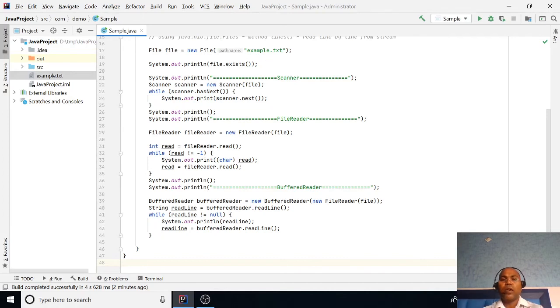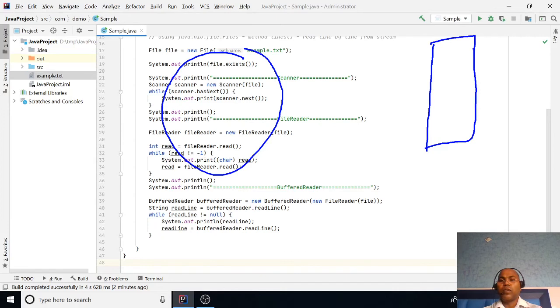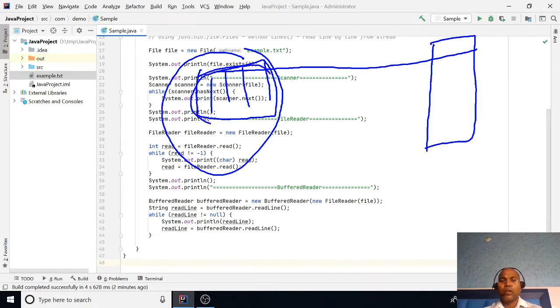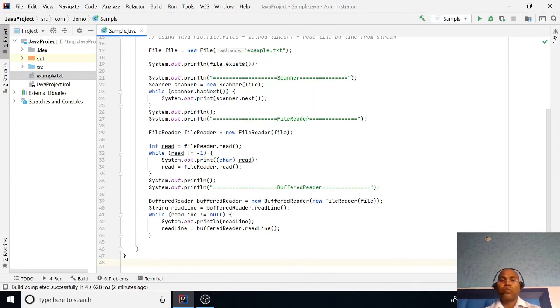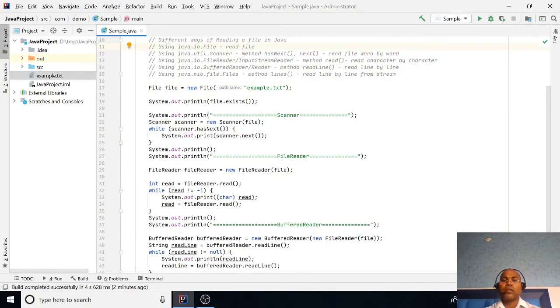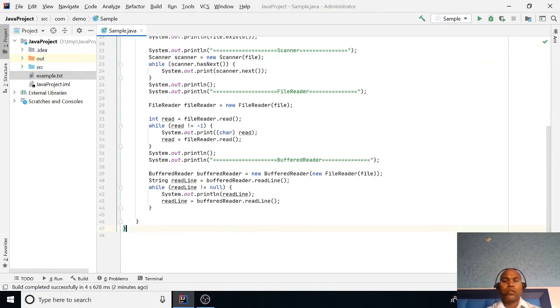That means in your Java memory process, this is the file system, this is the one line of characters read here and put into the buffer. When the complete line is done, then it is written to the output. This is the buffering on the Java process side. Instead of buffering, there is streaming of characters one by one, line by line. For that process, we are using this Files class.